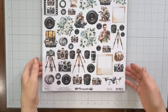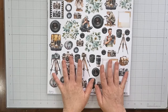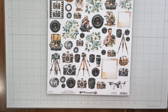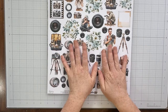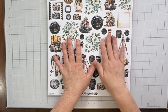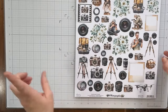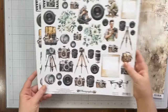So the first collection that I got some of was Mintay's brand new photographer collection. I didn't get it all. I just got the paper patterns and elements I thought I would use. And you'll find that throughout this unboxing, that's what I'm going to say. I didn't love all of this collection, but I loved some of the collection. So the first thing that I got were